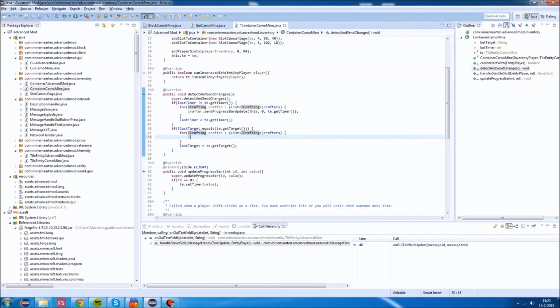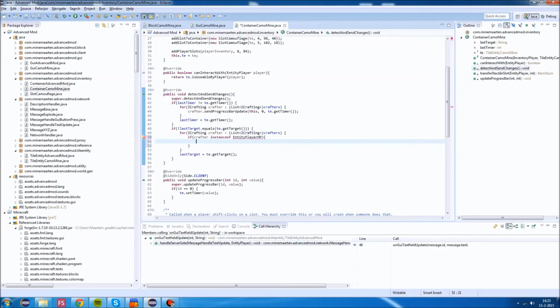And just to be sure, we can do if crafter instanceof EntityPlayerMP, then do... We are only going to send to players that have the GUI opened again. So we can do a network handler send to